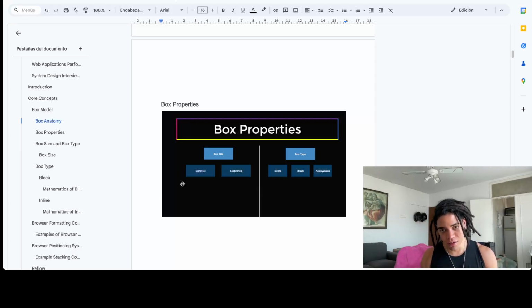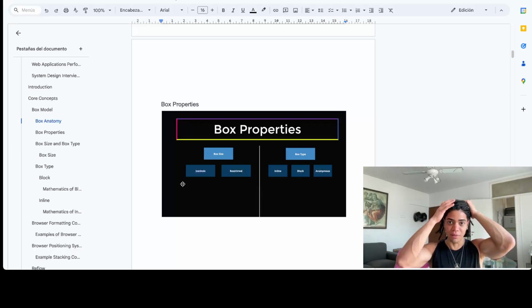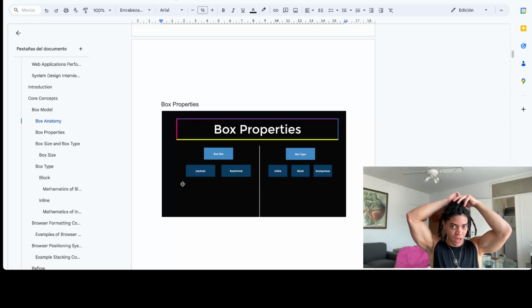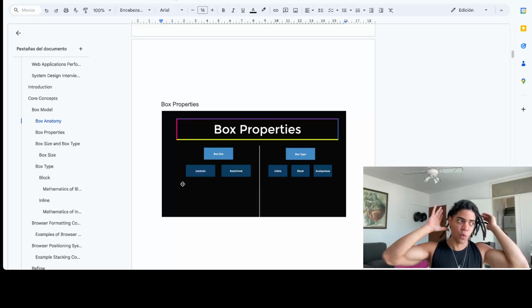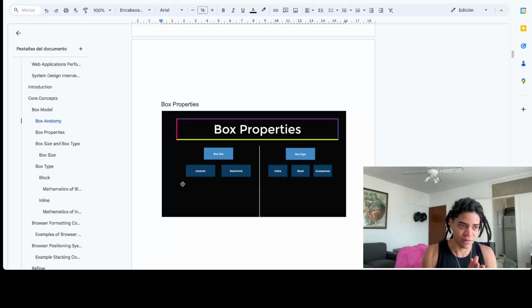Here we'll also look at the box type, as a way to see how the browser, when it treats elements with the type block or inline, has a particular set of rules which participate in something called the